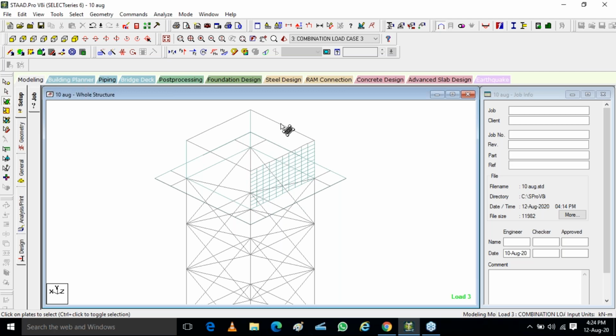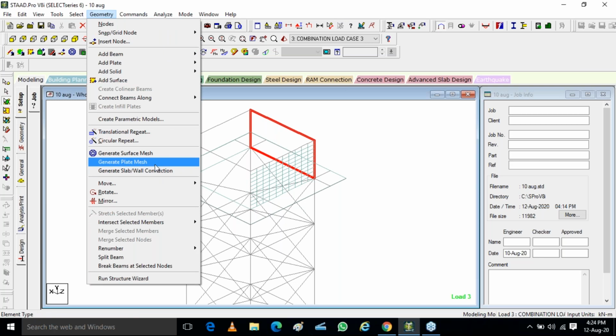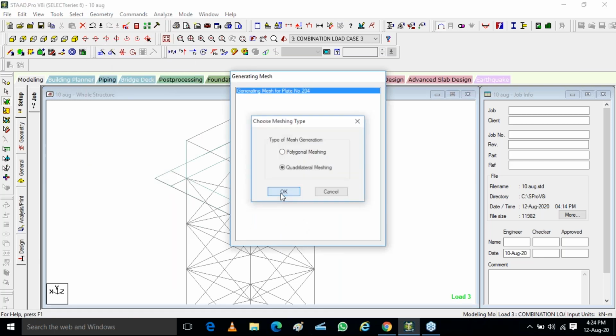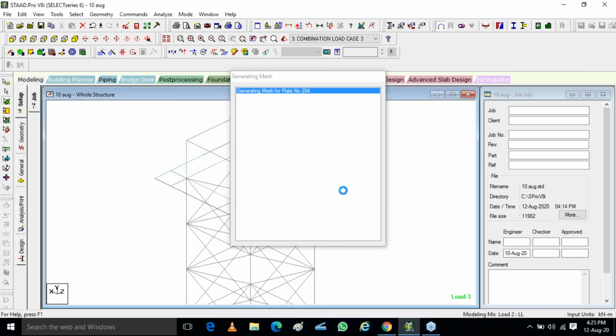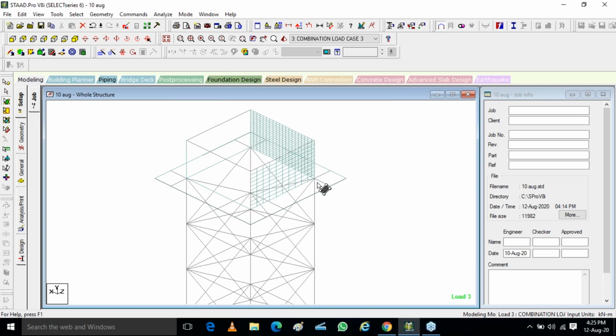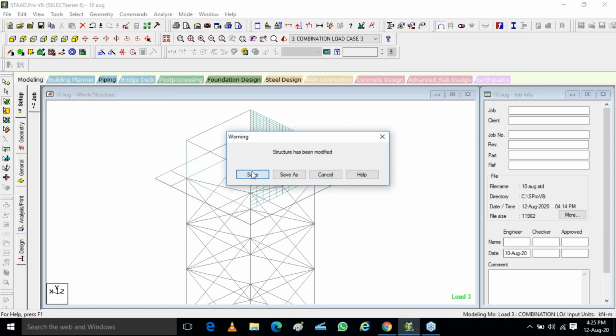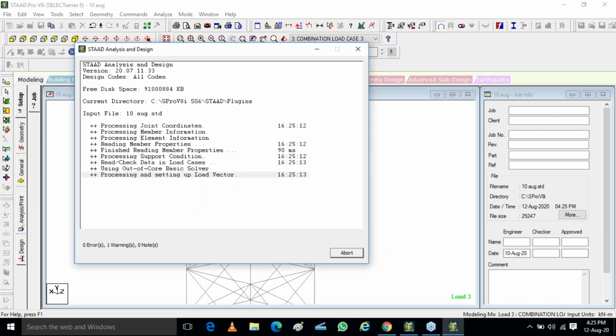Okay. Now I am not dividing this plate, I am dividing this plate. I'll go to geometry, plate mesh, modulator. Instead of 10-10, I am dividing it into 20-20 parts. Won't look great, but yeah. Done. Divided. Now I'll do the analysis again. Now we'll see what will happen to the stress.